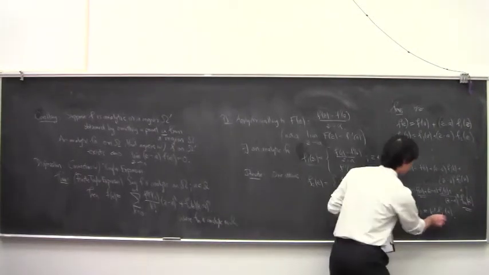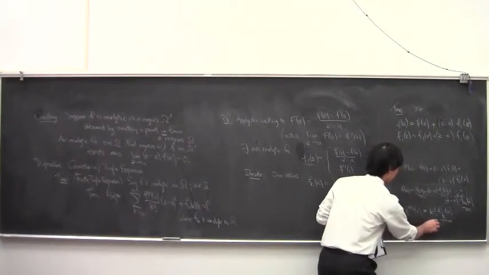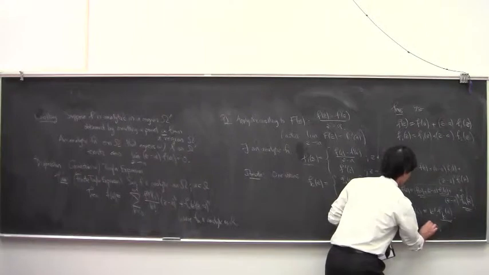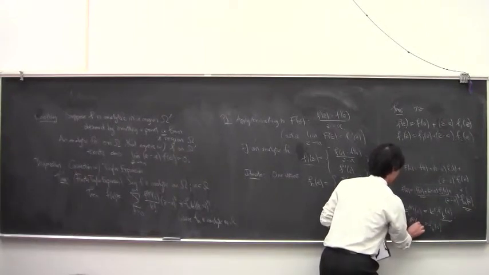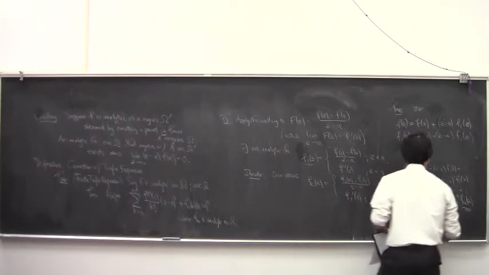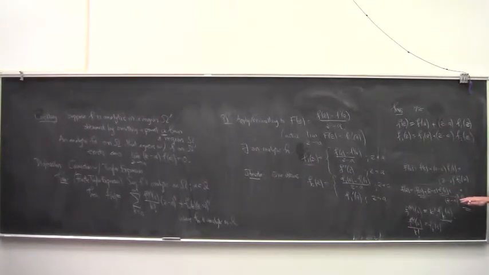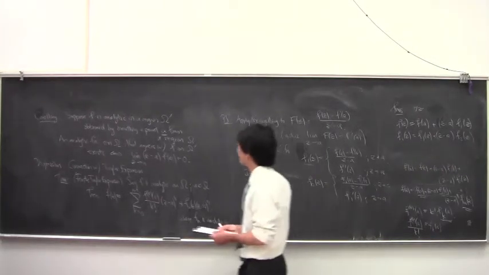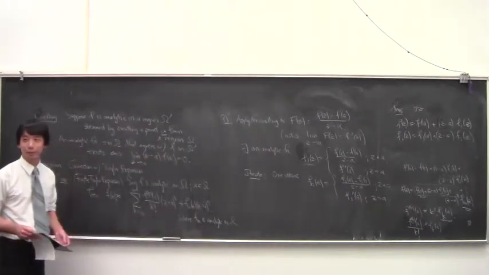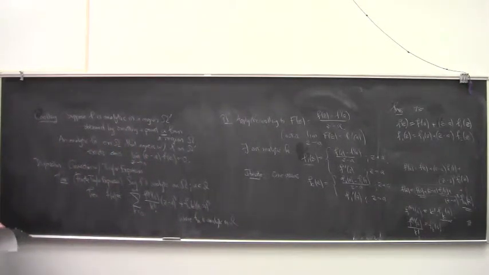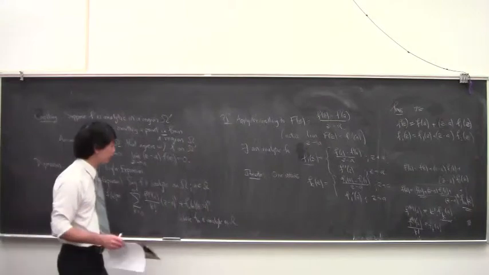Right, and so f sub k is of course over k factorial. And so putting that back in gives you the nth Taylor polynomial plus z minus a to the n times this analytic term. So this is a sort of clever way of obtaining a finite Taylor expansion, and it tells you